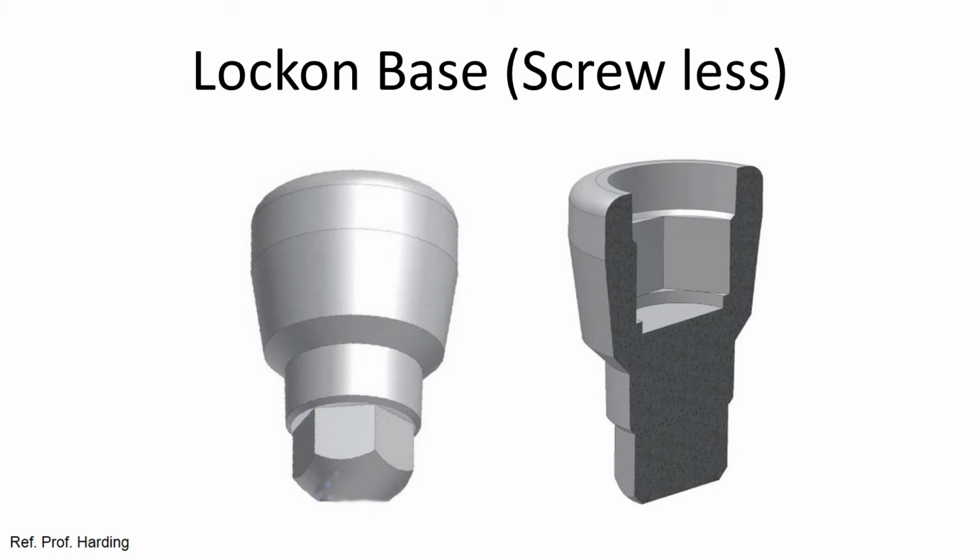Again, the choice is up to the individual clinicians, but with this design you can see there is no screw channel, so it is held on by a friction fit in this area. Other abutments would have a screw in order to hold them into place, or are screwed down onto the surface of the implant. Now remember, healing abutments, whether they be screw or screwless abutments, have the possibility of working loose,